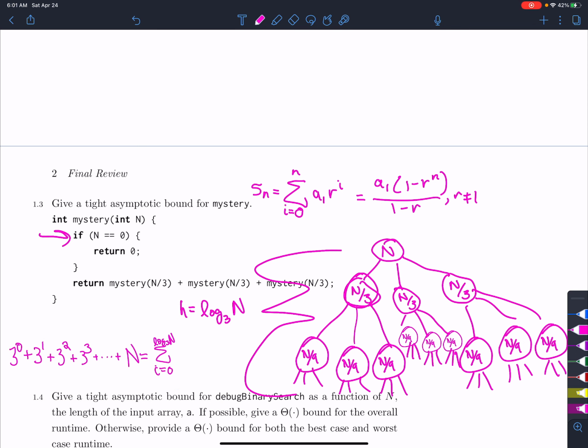And what are we summing up? We're summing up 3 to the power of i. And I guess I really should write this just to make the pattern explicitly clear, log base 3 of n. And we're summing 3 to the power of i. That i could also have been made a bit more clear. And if we plug that into this formula, we can see that our total sum is going to be